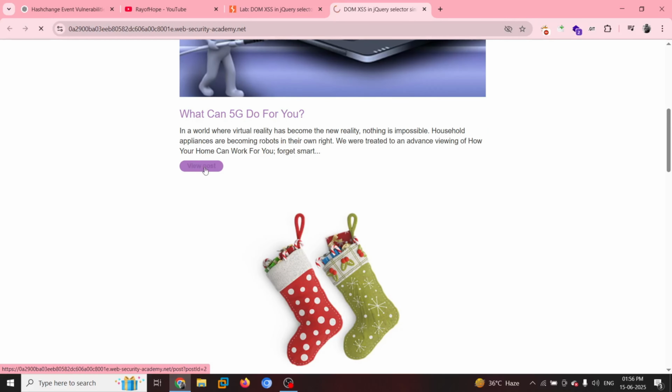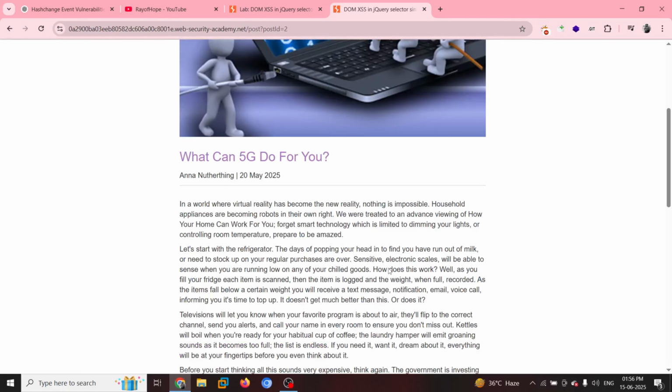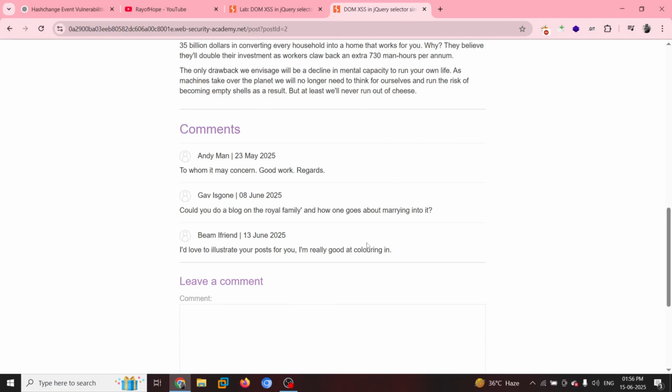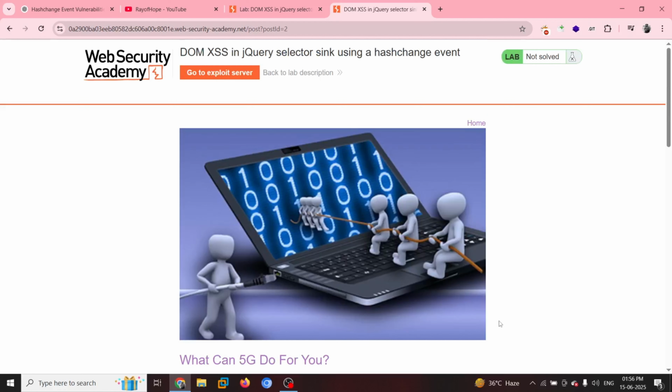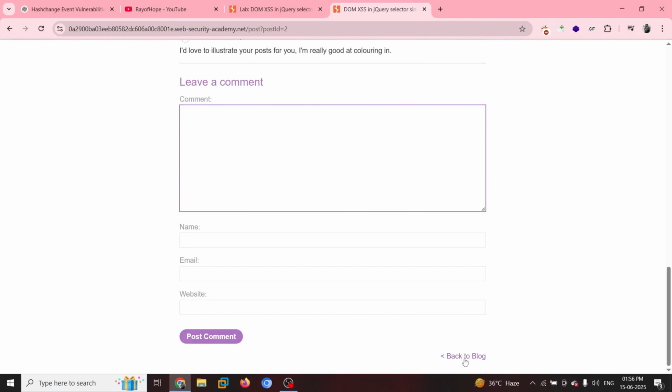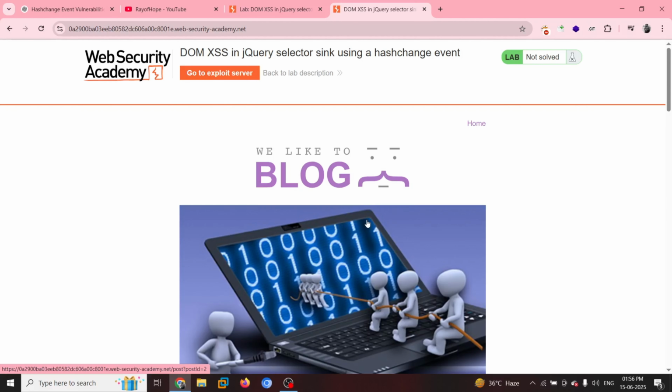So we do have a view first. If we go ahead and look over here, we have some sort of comment and all. So we can check this functionality too, if it is vulnerable for DOM based XSS or not. But we would not do so because we know that it is not vulnerable over here. So first and foremost, we know that in order to perform DOM based XSS, we need to find out, do we have any sink and source?